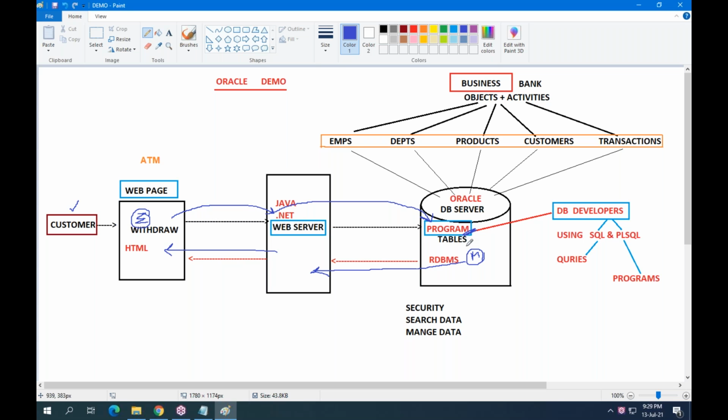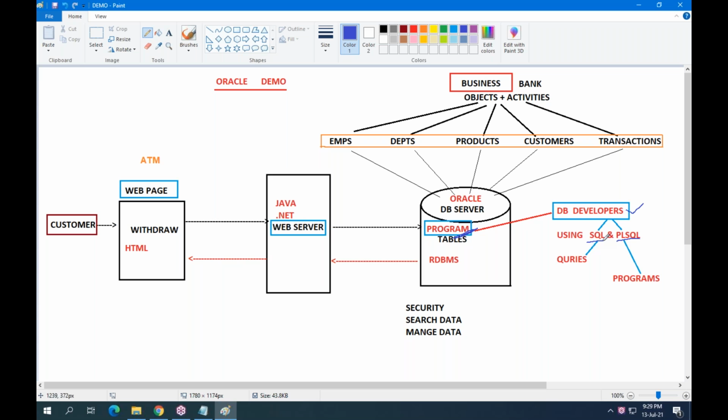Anyway, your information is searched by whom? A database program. Now I am coming to that point. Who wrote these programs? Who has the responsibility to write these programs? This type of program is written by database developers. The database developer writes this type of program by using SQL and PL/SQL.